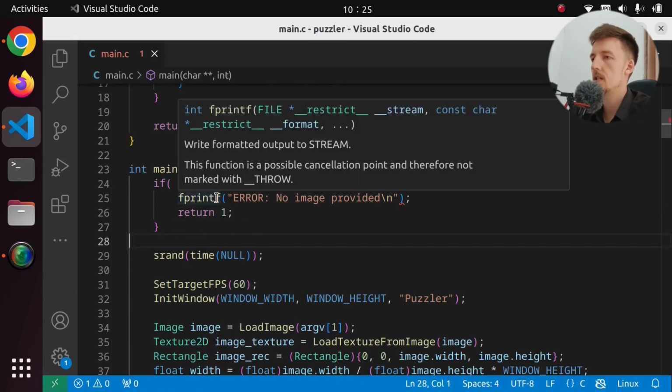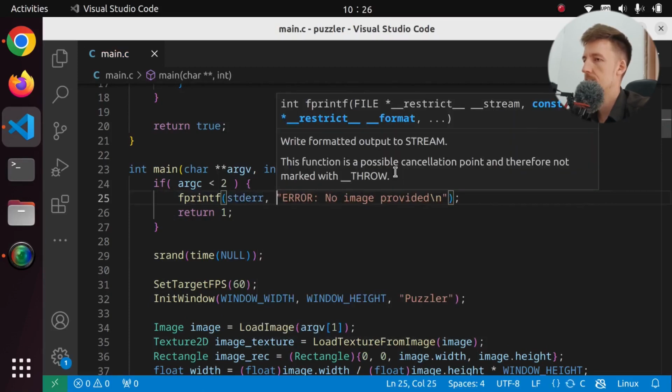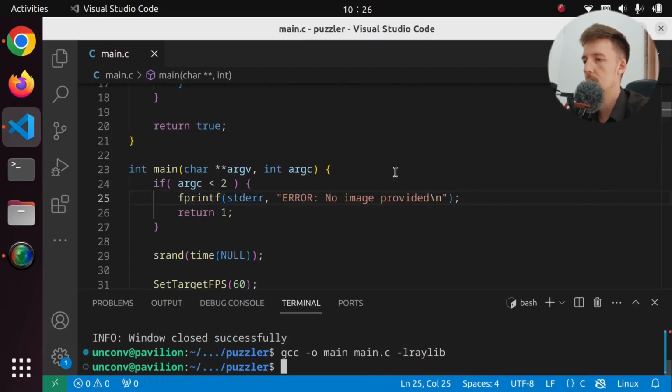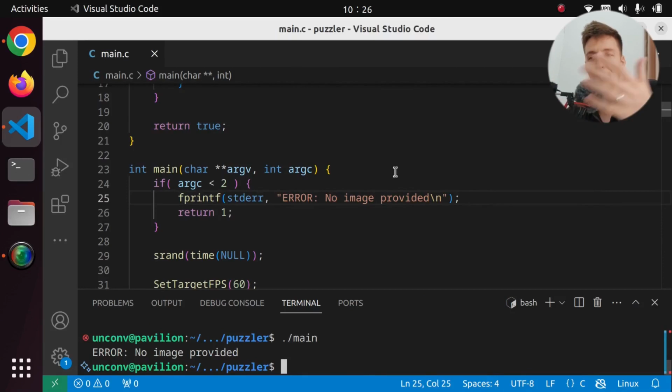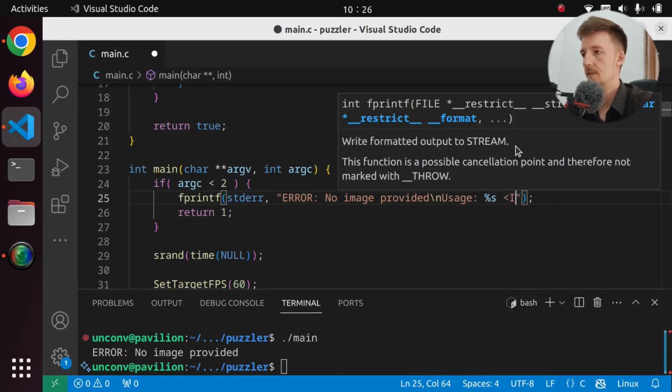And this actually takes in the stream. I forgot how this works. Do we have like an stderr? Can we do that? And then if I build it and I run it, it says no image provided. And I guess we can say usage is this, which is the program name, and then we have to have the image file and a new line, and we pass in here